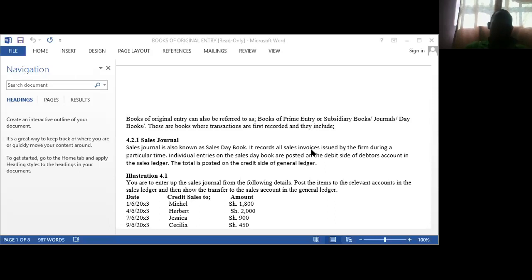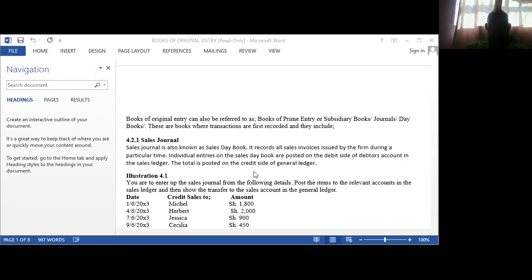These books of original entry, or the journals, as we are going to refer to them more often in this particular chapter, are the books where transactions are first recorded. Before the transactions are even transferred to the ledger accounts, they are normally recorded in the books of original entry. And the books of original entry are classified as follows. We have the sales day book, or the sales journal,